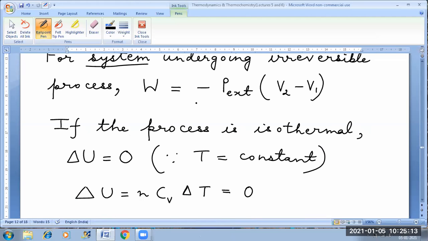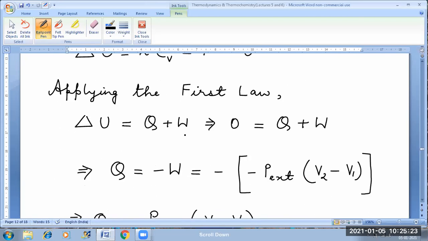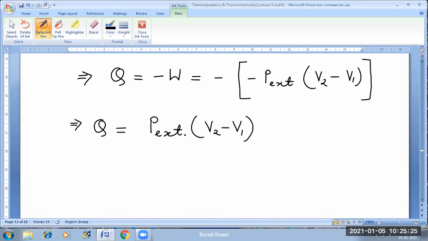This is work done when I'm doing for the system. So for the system, I've applied the first law and I've found out the value of Q. This is all for the system. But can I say that if this is the Q exchanged by the system, the magnitude of Q exchanged by the surroundings will also be the same, because whatever heat is gained by the surroundings is nothing but the heat lost by the system, and whatever heat is lost by the surroundings is nothing but the heat gained by the system. So I can say that, therefore,